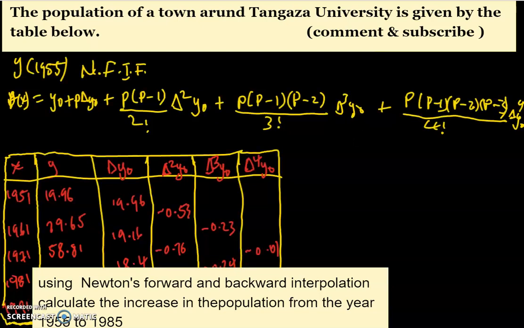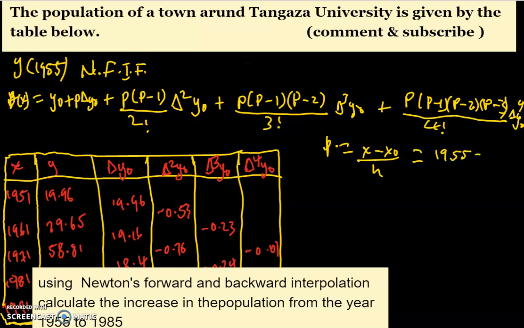So p will be given by x minus x naught divided by h, and this is equal to, x is given to be the first forward difference, that is 1955. So it will be